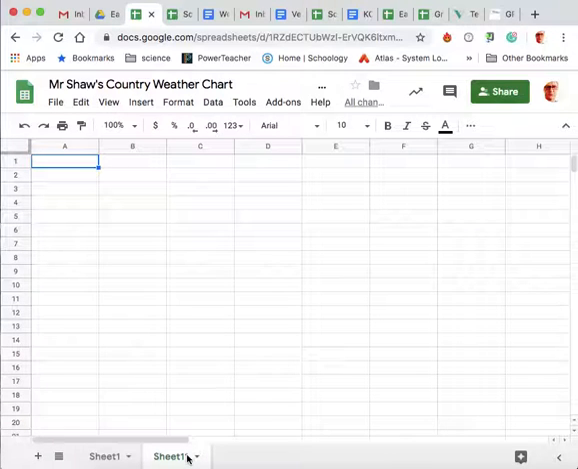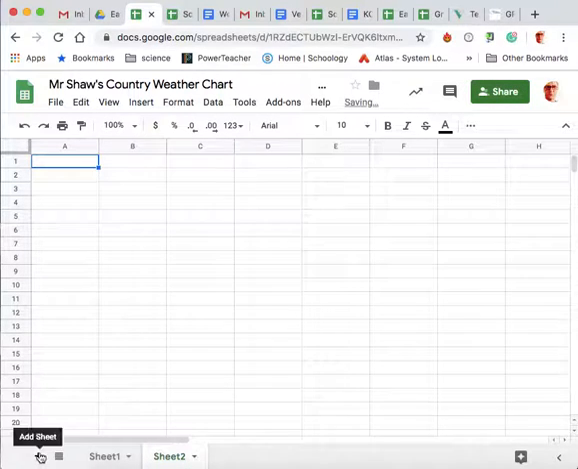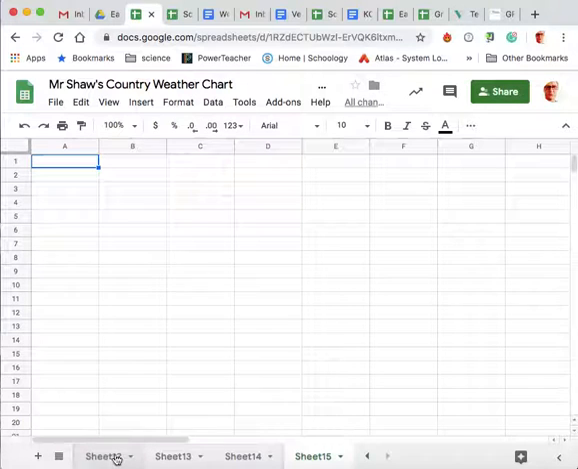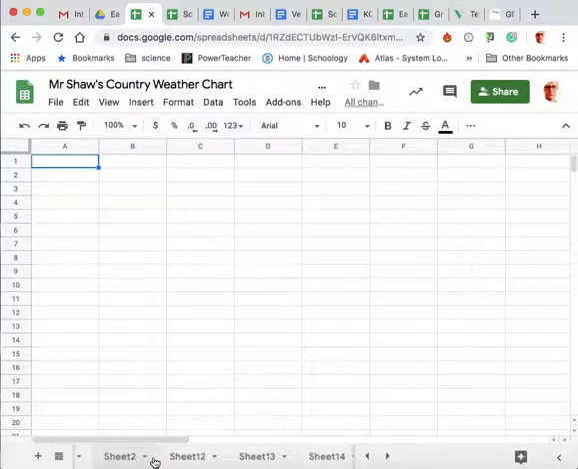I could always rename this too if I wanted to. I can rename it. I can name it Sheet 2. Okay. I want to add another sheet. Another sheet, another one. Another one. Okay. And is that 5? 1, 2, 3, 4, 5. All right. I'll rename these as